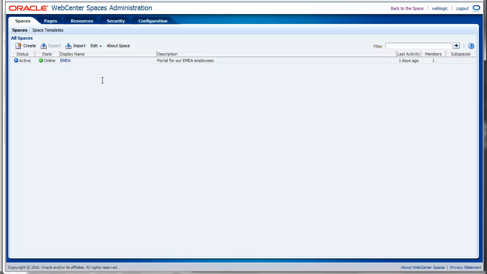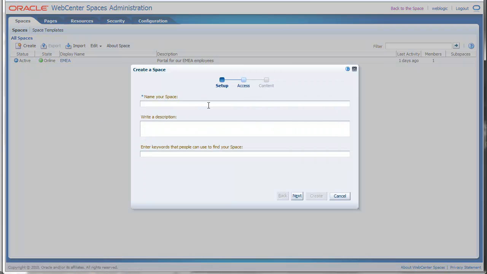production environment. So for this we will create a new space. For example, we will name this America, because we are going to create a space for the American section of our organization. Just specify a description, space for our American employees, for example, and specify some keywords. These keywords are used for searching. For example, if we specify America,